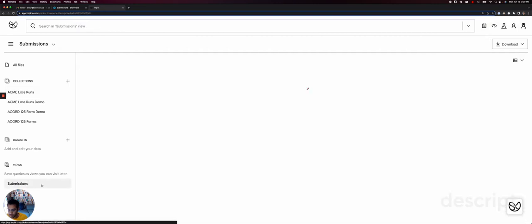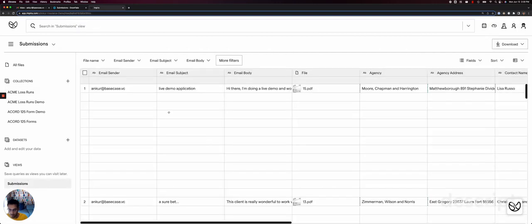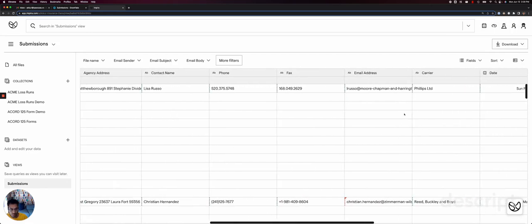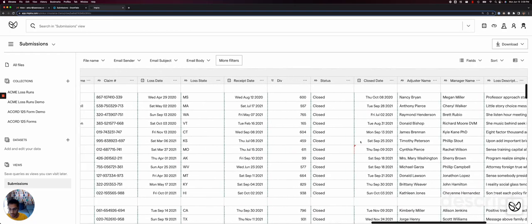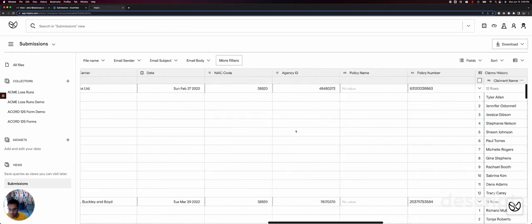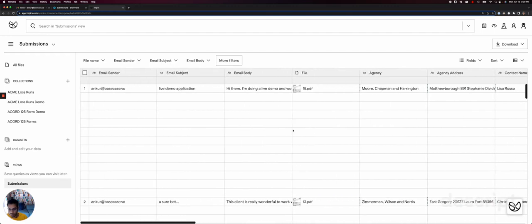And last but not least, we have all this information pulled together into a view, which basically grabs the original email submission along with the ACORD information and the loss history. And this view is what's connected into Snowflake. So every time a new submission arrives and it gets processed, it shows up in this view and then reflected